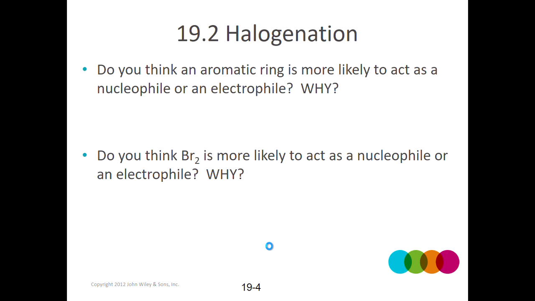All right, so let's take a look at the electronics of these types of reactions. So we're looking at an aromatic ring. Is it more likely to be a nucleophile or an electrophile? And the answer is it's much more likely to be a nucleophile. So there's no real areas of partial positive here. If I did have a nucleophile, it was ready to share electrons, what could it do? Well, at best, it could come in here, bond to a carbon, but that would push one of these pi electron pairs onto the neighboring carbon. So that would create